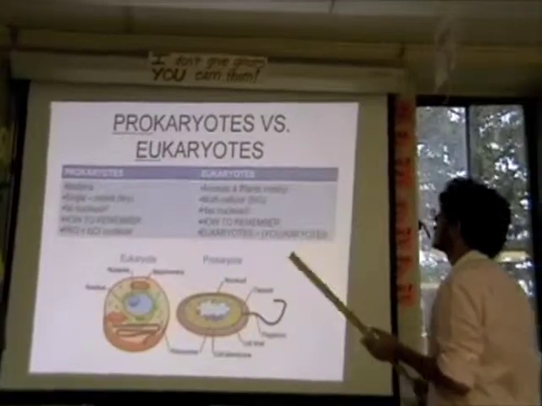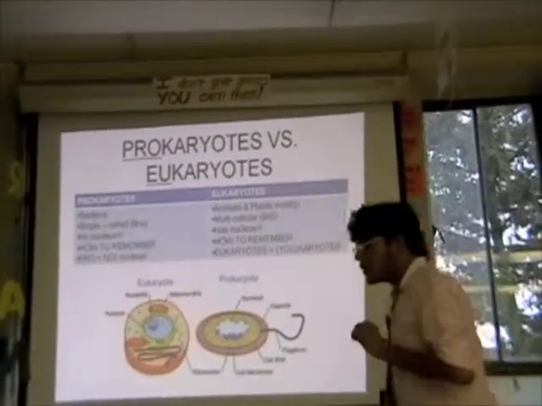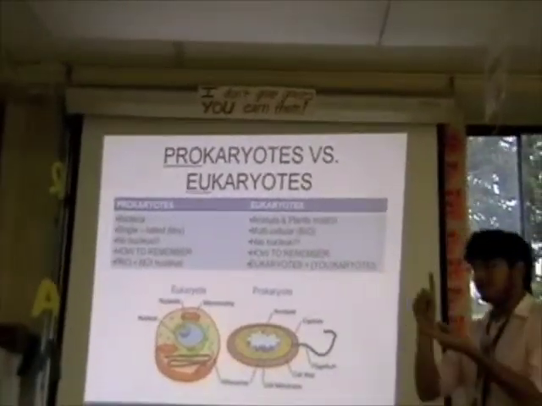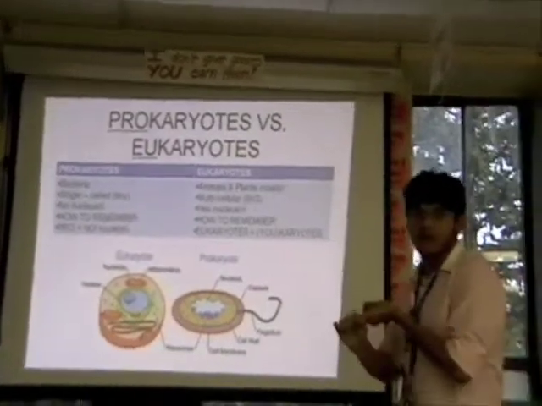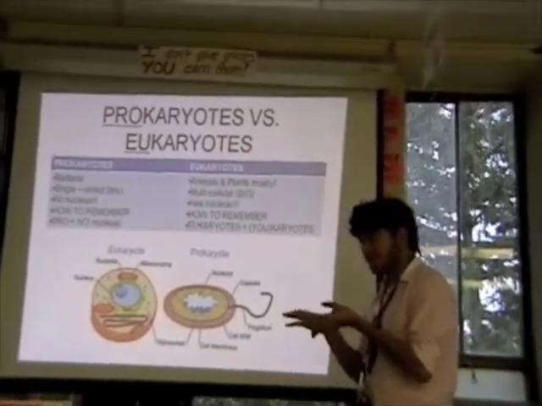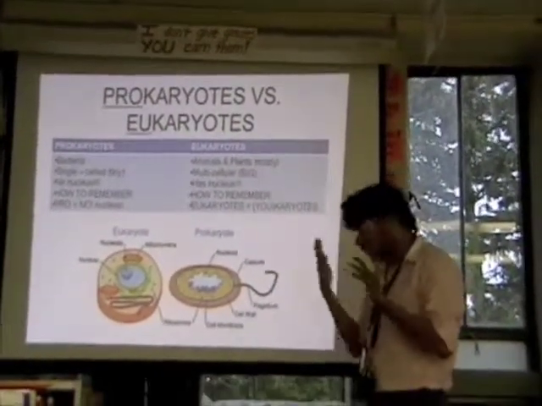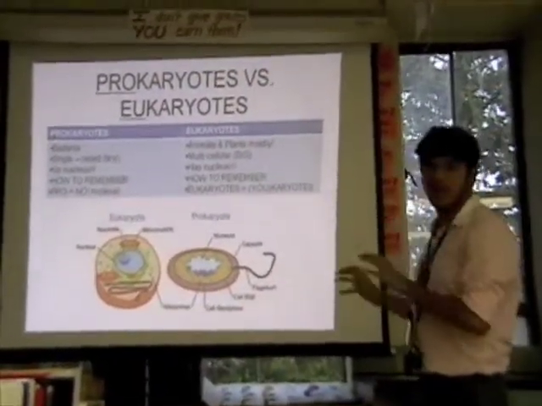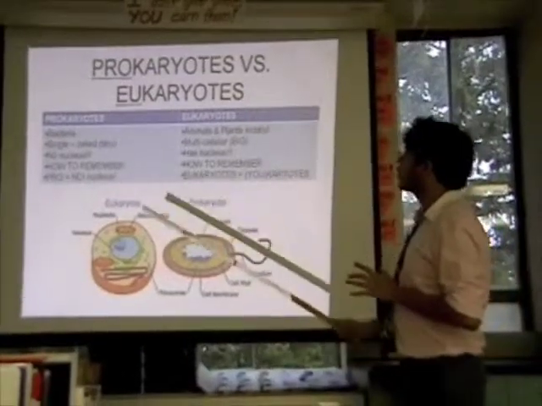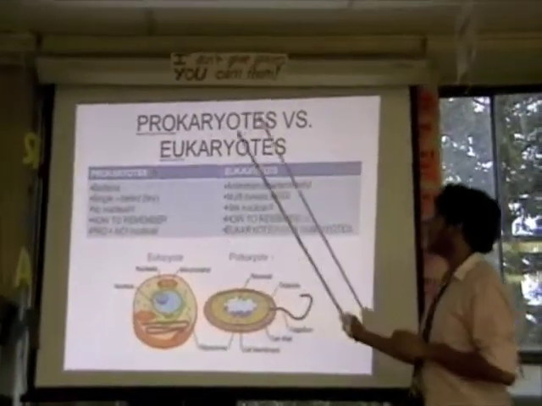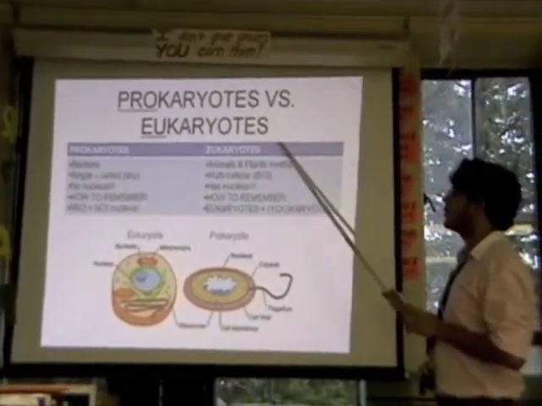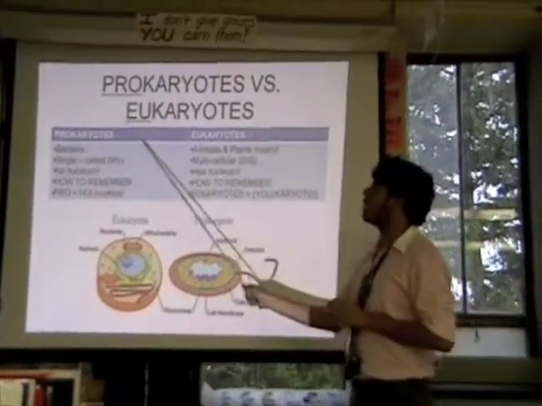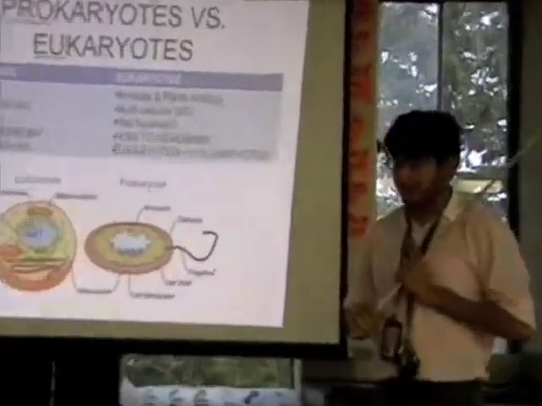All right, next. So we talked about how all cells have a cell membrane, a cytoplasm, the liquid-like substance inside, and these ribosomes that make the proteins. Now we need to learn about the two major types of cells. One major type is called a prokaryote. The other major type is eukaryote. And you see how I underlined both parts of the word there, and there's a reason why. First, let me